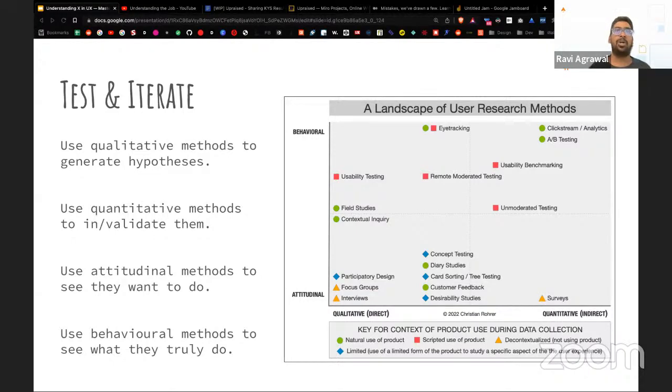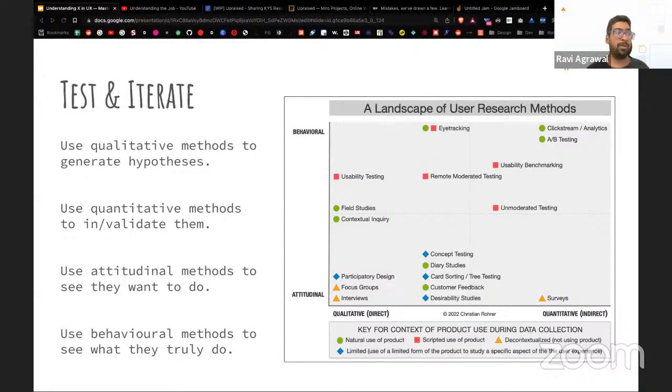You get clickstream analytics, or you get A/B testing. All of those are ways to validate or invalidate your hypothesis. Now, the attitudinal methods will help you understand what your users really want to do. But the behavioral methods will tell you what they actually truly do, which is always going to be different